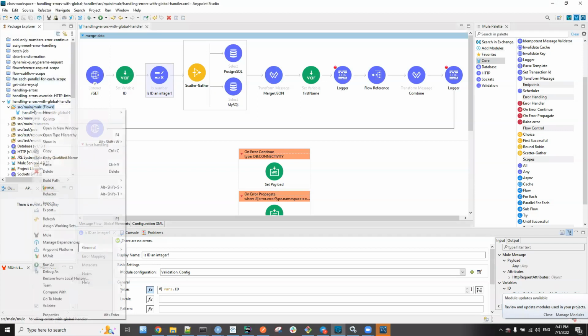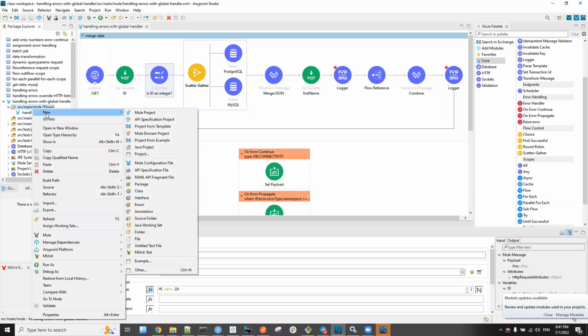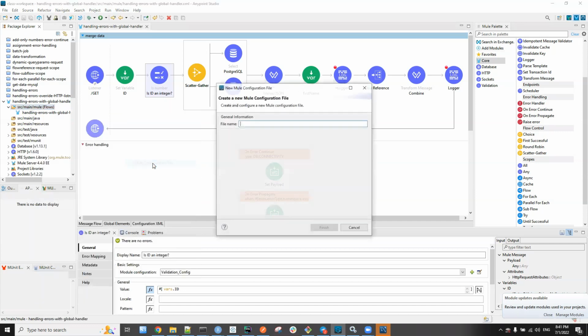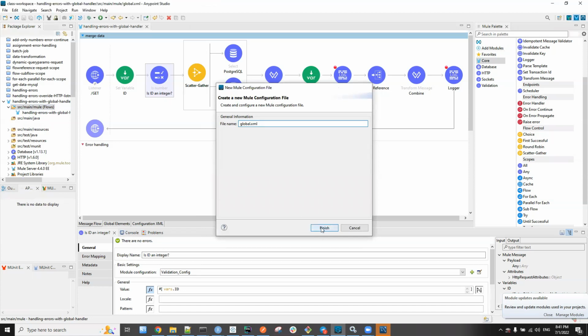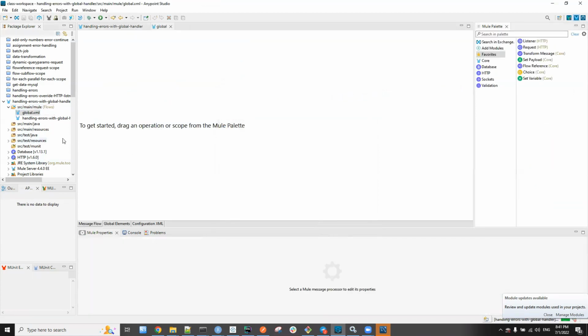So I can simply go here and go to new and create a new configuration file. If I do this and call it global.xml, it creates this file for me. As you can see, it is empty.